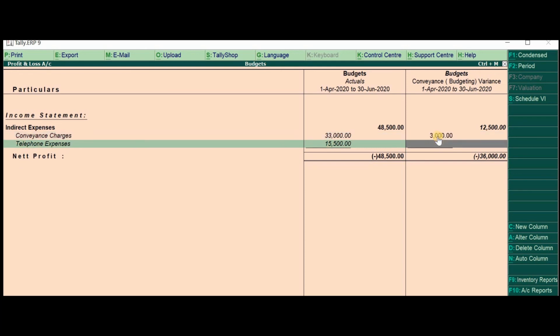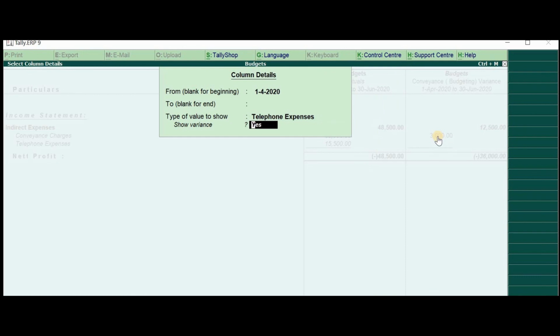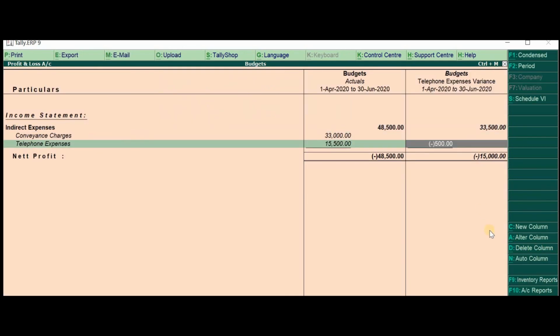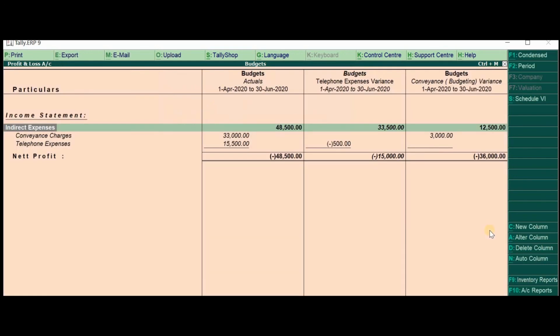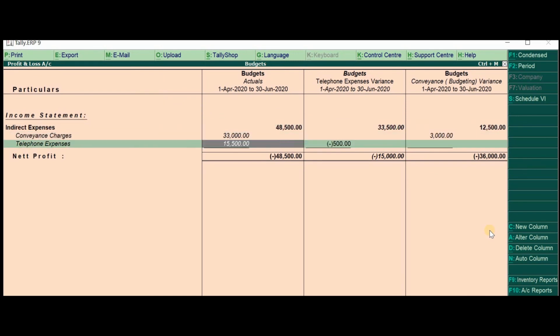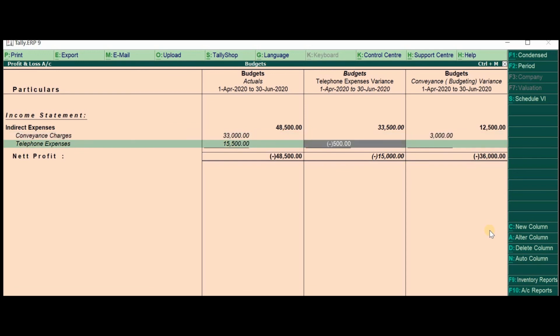Similarly, if I want to see telephone expenses, I do Alt A and select telephone expenses, enter. In telephone expenses, it is showing that we have crossed the budget by 500 rupees. If you want to see both together, then press Alt C and conveyance, yes. Total we can see that for conveyance it is 3,000 positive and 500 negative.